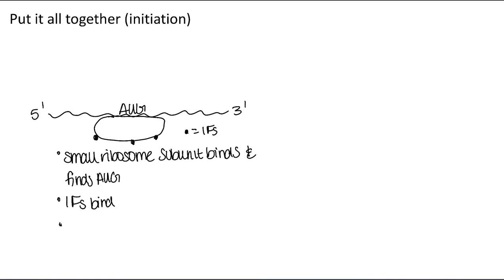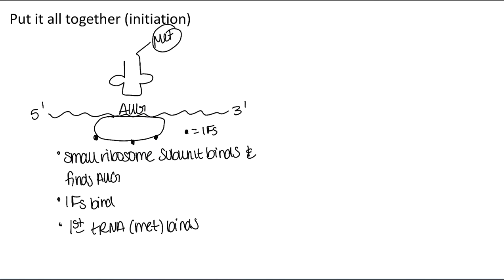And the next thing that has to happen is our first tRNA, which we know carries methionine, binds. And the reason we know it carries methionine at first is because we know that after using the codon chart that AUG codes for methionine. So let's go ahead and draw our tRNA carrying met here. Its anticodon, so we can actually draw our 5' and 3' ends. So when all of these things assemble, we have our first tRNA, our small ribosome has found the AUG,